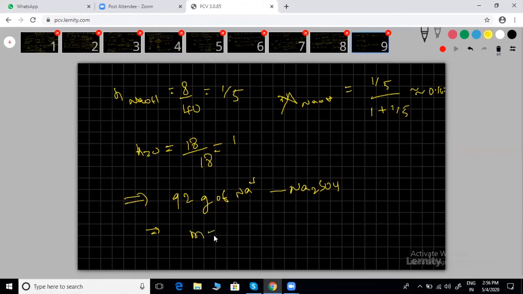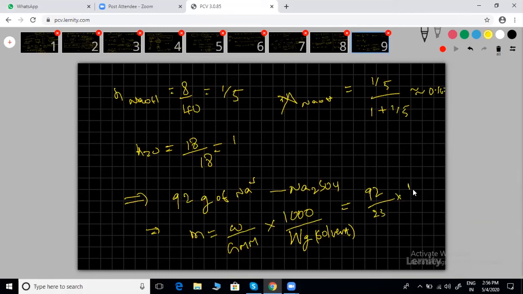So molality formula is given mass by gram molecular mass into 1000 by W grams of only solvent. But here I don't want to take in grams, only solvent. So W they gave 92 grams of only Na plus, I am asking. So Na plus how much? 23. Anyway, they gave per kg. So 1 by 1. We get approximately the answer 4 mole per kg. So my question is only with respect to Na plus, I am asking molality.